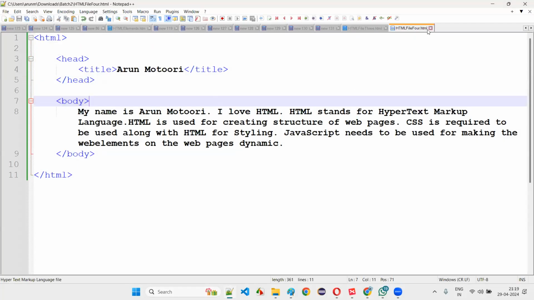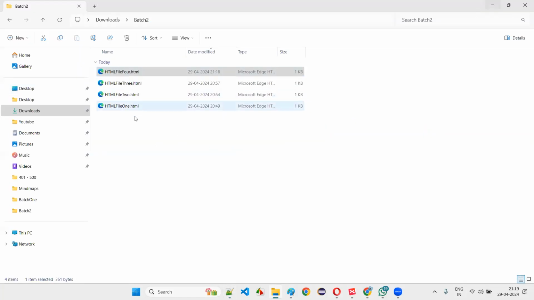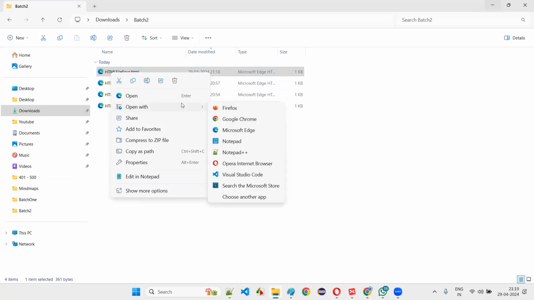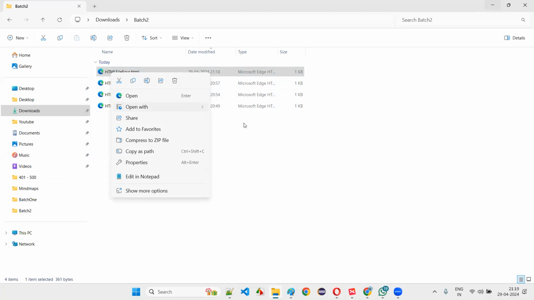Like this we can see. Got it? You have to open with the Notepad editor. If you open this particular thing in the browser, you'll see the output. If you want to see the code, you have to open with Notepad++. If you want to see the output, you have to select any browser here. Okay? Either the browser